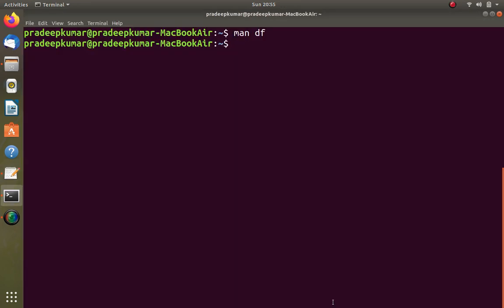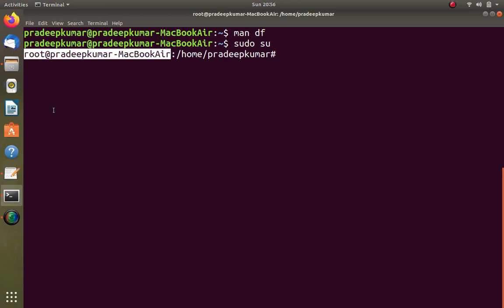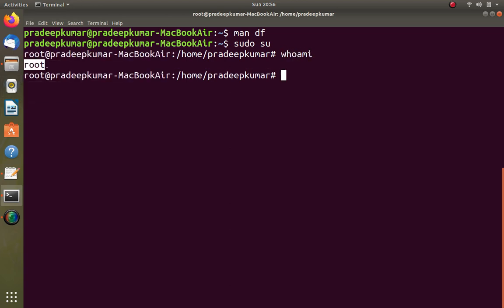In this case, whenever I need administrative privileges, I can use the command sudo. So sudo can directly access administrative privileges. When you want to get into sudo su, being a super user, I can directly see that my username is root. Now you can check whoami, and it will tell you root. Earlier it was telling Pradeep Kumar, now it is root because I just logged in with sudo su.